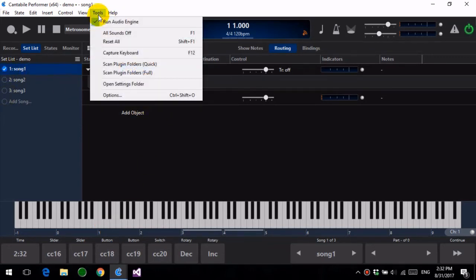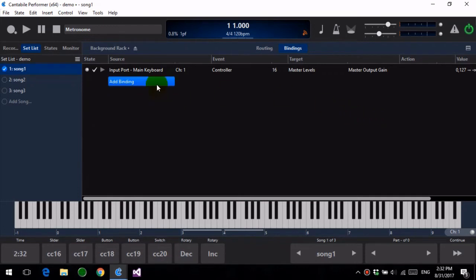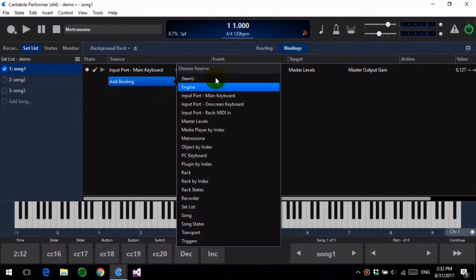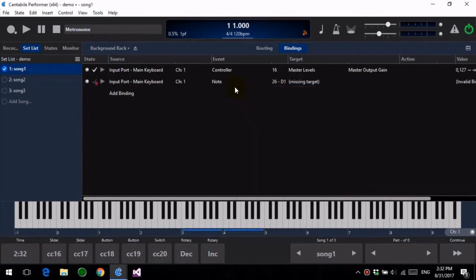It's very similar. I'm just going to go back into the background rack. I'll delete these two bindings to show you how to set this up. So I'm going to learn the binding again, and I'm going to say this note here, which is D1. You can see here it's picked up a number of events. It's asking how you want to interpret those events. We're saying we want note D1, and we're going to map that to the same thing, the set list,